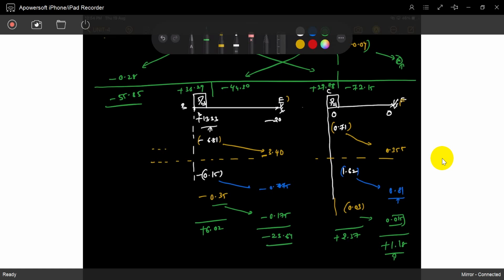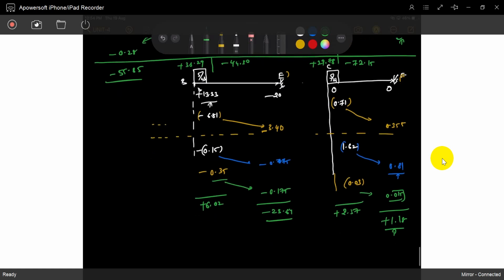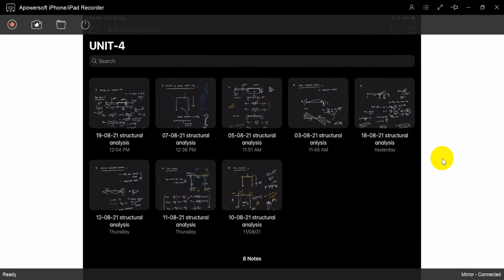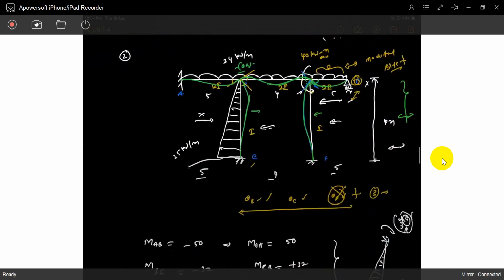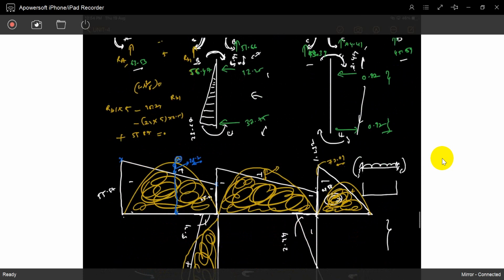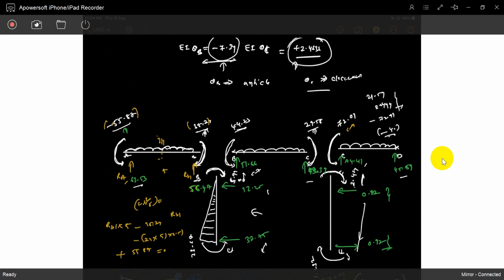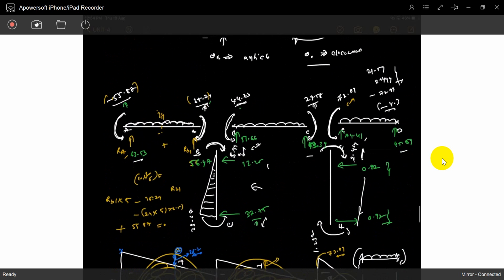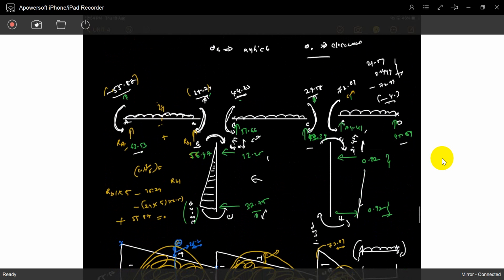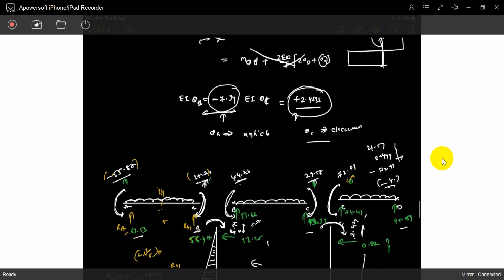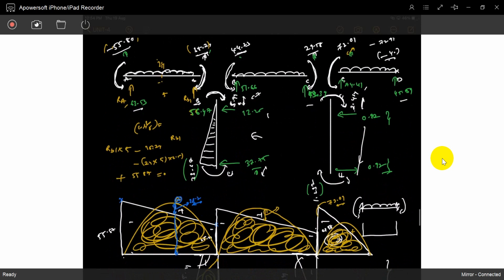That's it. Now we can check these values. Otherwise, we already drew the bending moment diagram, deflection diagram, and shear force diagram for this purpose. See, we already solved it. It's not 37, it's 23. See where the moment is. See, it's 29.72. So 1.32. Get it? Exactly the same moments we will get.